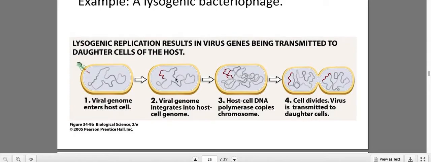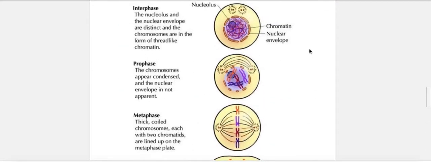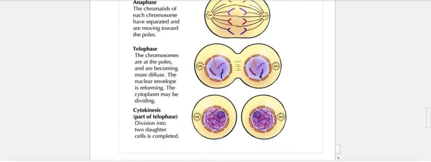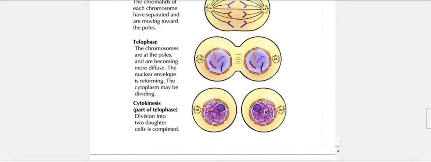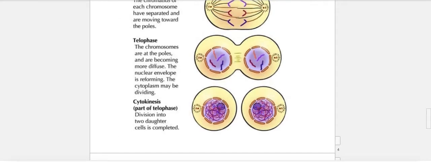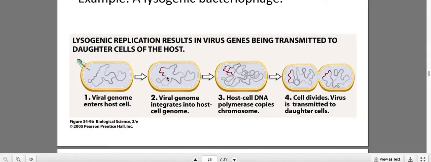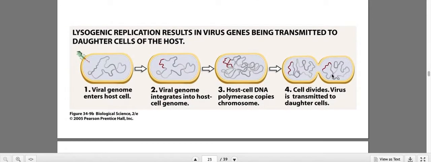And I remember last time we talked about mitosis, we said that when the cell divides, it divides its DNA first, and then the cell divides. And here, what the virus does is it just gets into that DNA, so that when the cell's DNA divides, the virus DNA is also dividing with it. So it does this in a way where it doesn't really hurt the cell. It's just hanging around in the cell.